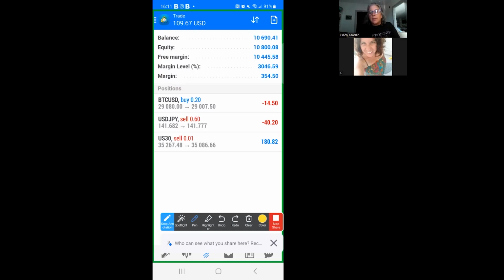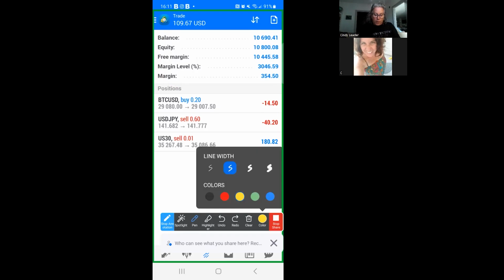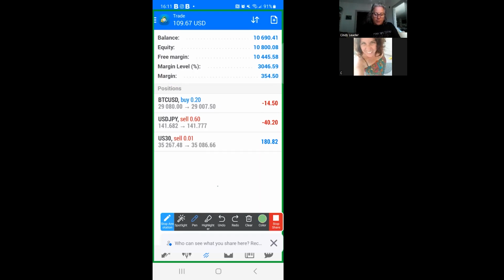Super easy. The equity is the money in your account minus what you have for open trades. So minus this and minus this and minus this. And it's approximately 109.67 minus the swap fees that you're holding. I'm holding these over the weekend, or just your regular commission minus that. So when you add all that up, it's going to